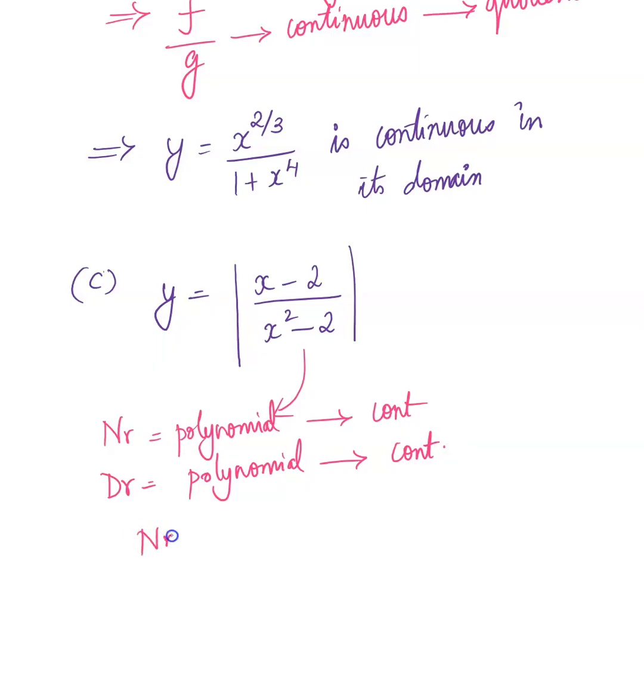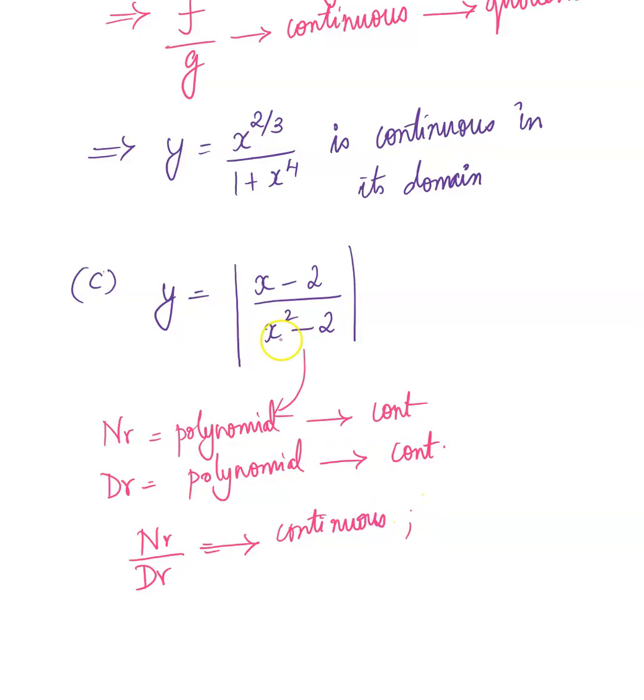So the fraction, numerator over denominator, a polynomial over a polynomial is basically a rational function. So you can see it as a rational function, and you know that it is defined and continuous on its domain. So this is continuous everywhere, and together, if I were to see this, this is going to be continuous